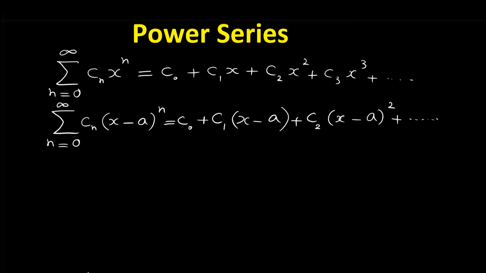Now let's get back to our question. How can we find the values of x that make a power series convergent? For finding the values of x that make a power series convergent, we can use the ratio test or the root test. Consider this power series: sigma n from 0 to infinity of (x minus 1) to the power of